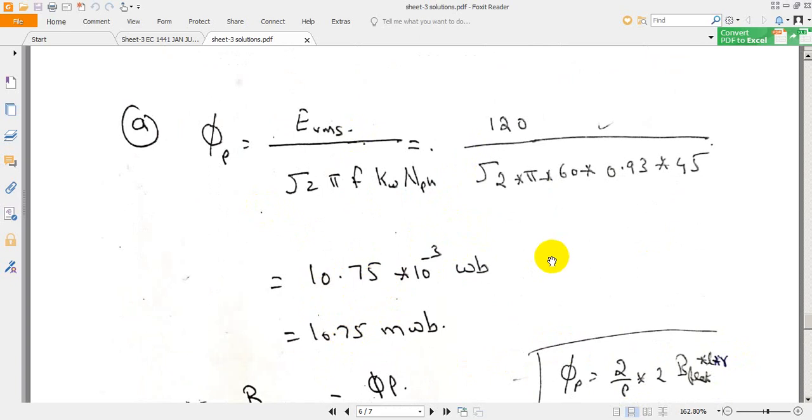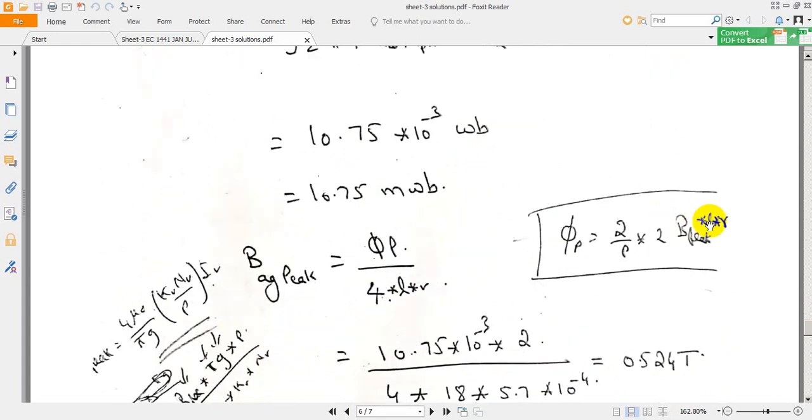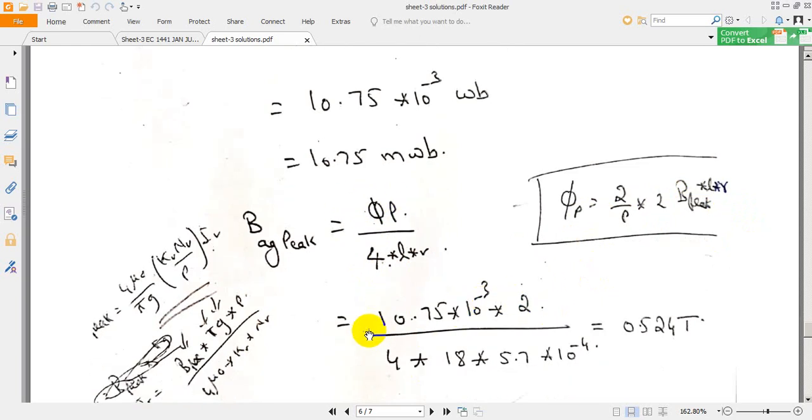10.75 milliwebers. And also we need to calculate the flux density. Flux density from this flux per pole is equal to 2 by P into 2 into B peak into length into radius. From here we can calculate the flux density peak value. Flux density peak value in the air gap is equal to flux per pole into P divided by 4 into L into R. Substitute the value of flux per pole, number of poles 2, divided by 4 into length 18